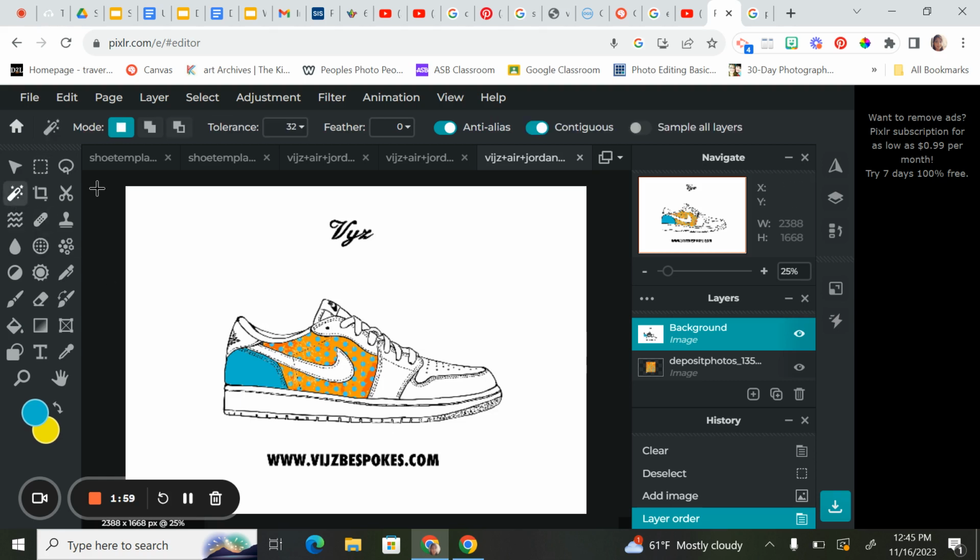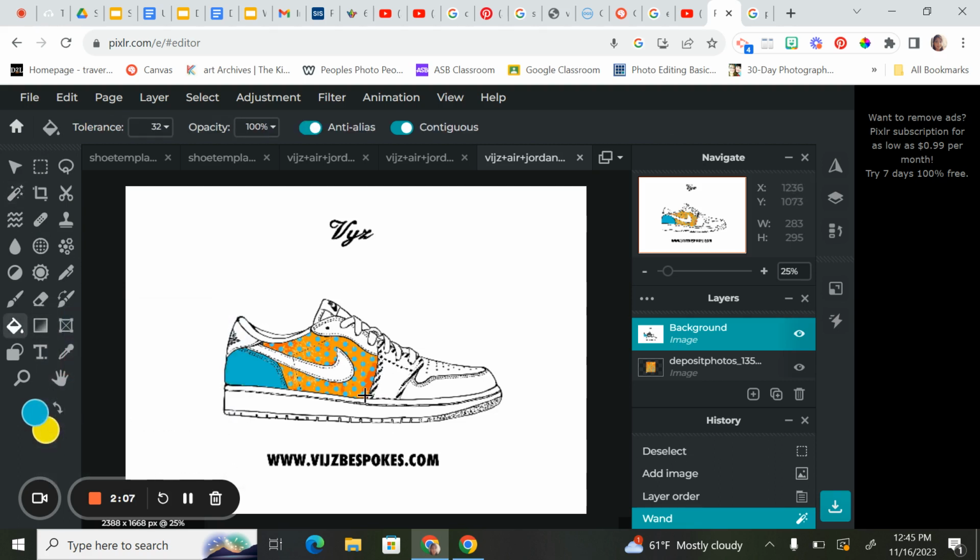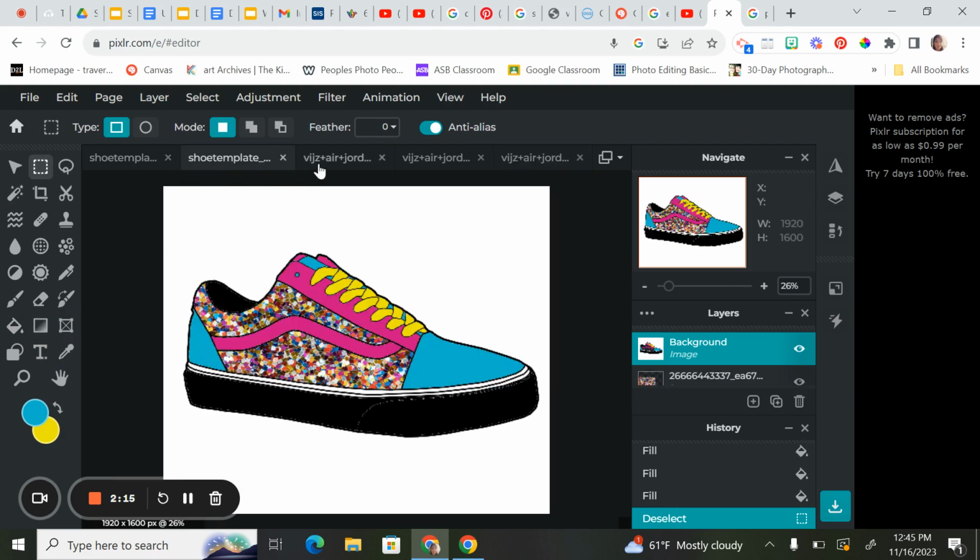So again, Wand Select, choose an area. If I wanted to fill it with a color, I grab my paint tool and fill it in. Deselect and move on. When you are all done, so this was one I did with a pair of Vans,